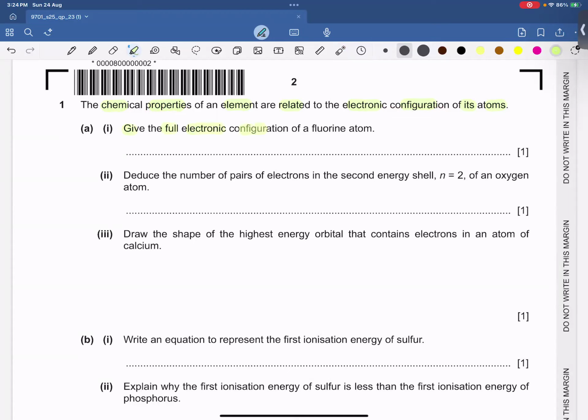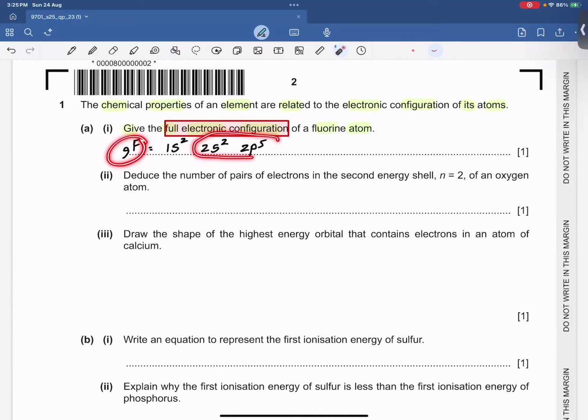Give the full electronic configuration of a fluorine atom. Fluorine has an atomic number of 9. An examiner is looking for the full electronic configuration. That means we cannot write the shortcut technique in this part. So we need to write the answer in terms of spdf notation. So it's going to be 1s2, 2s2, and 2p5. So that's going to be 9 electrons, okay? And also remember, fluorine is found in group 17 of the periodic table, which is why it contains 7 valence